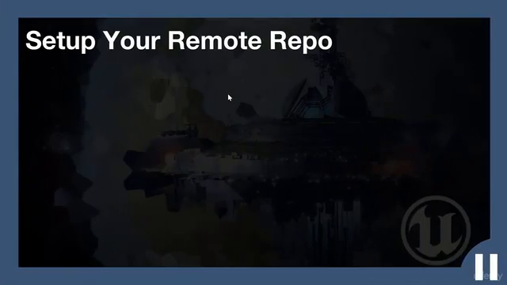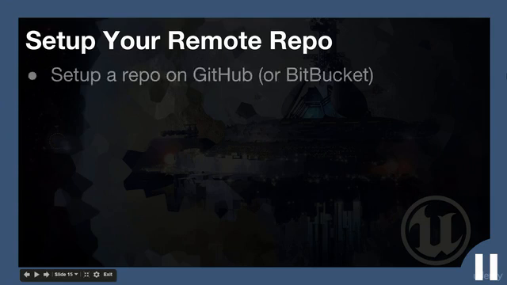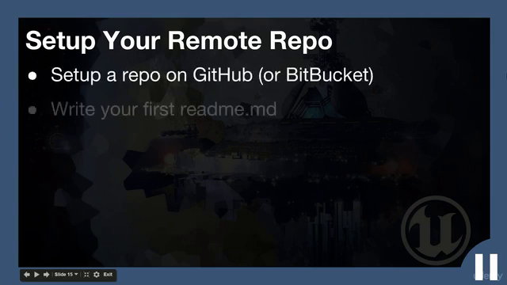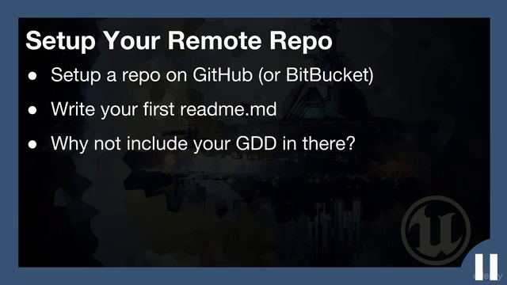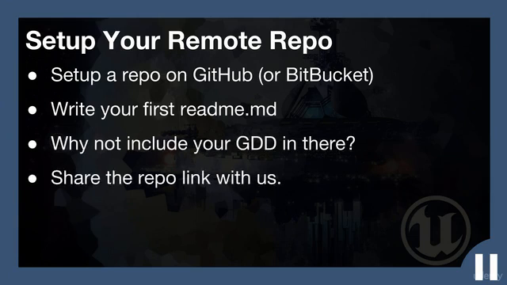So that's what I want your challenge to be. I want you to set up your own remote repo on GitHub or Bitbucket. Write your first readme.md. Why not include your GDD in there, for example, and then share the repo link with us so that we can all have a look at your project as it progresses. Once you've shared that link once, it'll stay up to date as you push to the web. Pretty cool, hey? And I've already done that, so this is just your challenge to get it done for yourself,